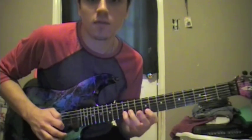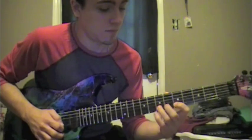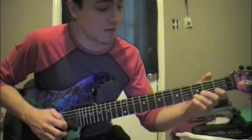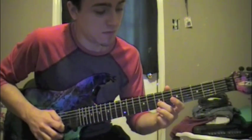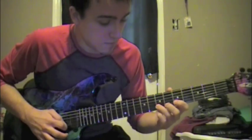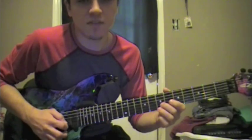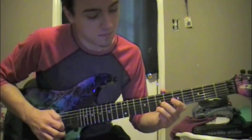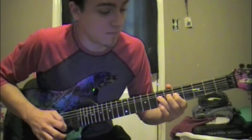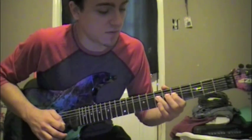pull off, and then 7th fret on the B string, slide up to it, and then 7th fret on the E string. So 7, 7 on E and B, and then bend up a full step on the 7th fret. You bend to a full step on the 7th fret on the B string. So